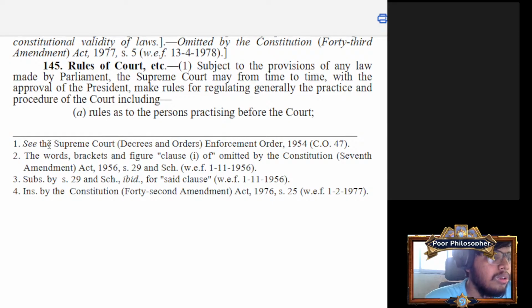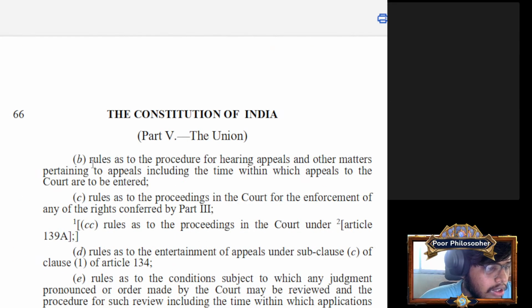Article 145, rules of court, etc. Subject to the provisions of any law made by Parliament, the Supreme Court may from time to time, with the approval of the President, make rules for regulating generally the practice and procedure of the court, including rules as to the persons practicing before the court, rules as to the procedure for hearing appeals and other matters pertaining to appeals, including the time within which appeals to the court are entered, rules as to proceedings in the court for the enforcement of any of the rights conferred by Part 3,